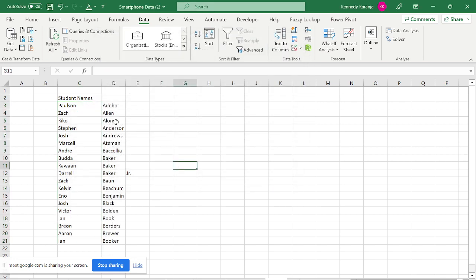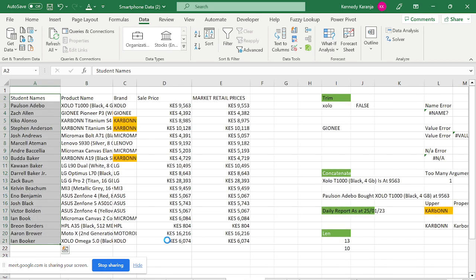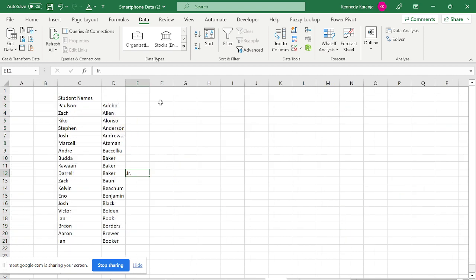Next. So you'll see that I have my first name there, I have my second name there, and since this one had 3, I have my third name. But this might be Baker Junior. So this again, text to column might mislead you. Let me just go back to